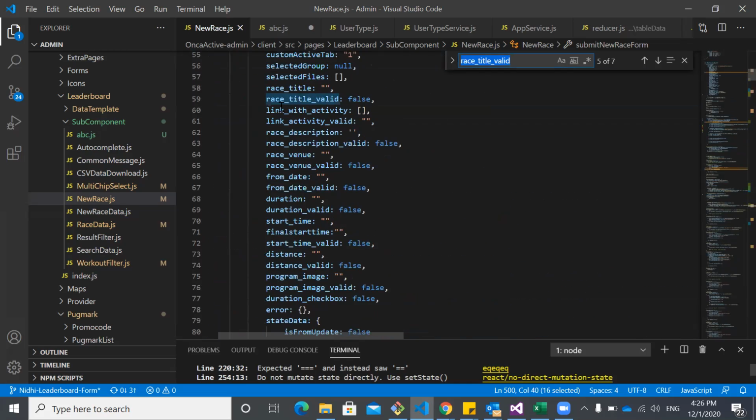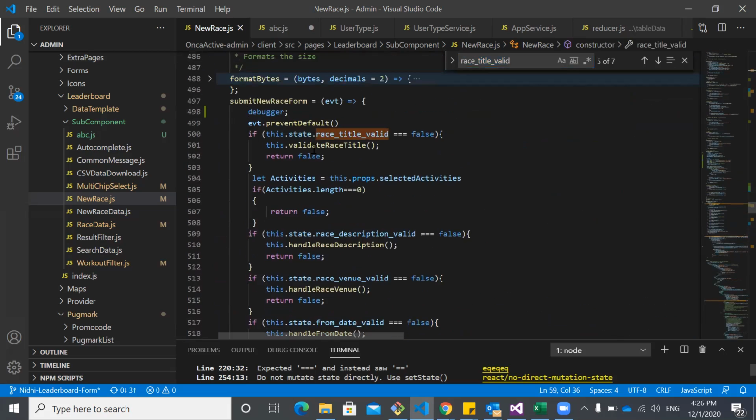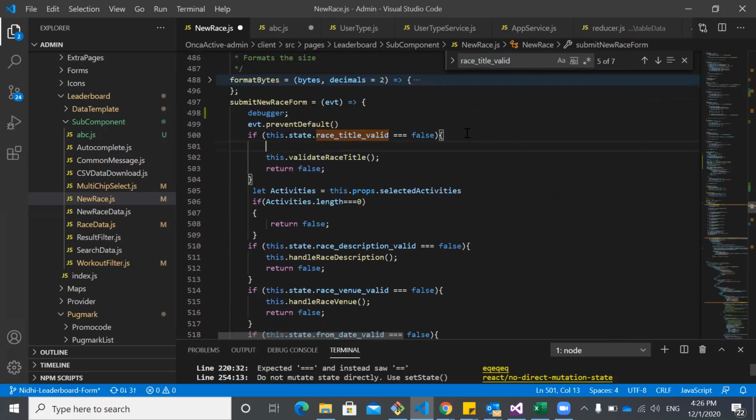Correct? Here, the rest title valid is false. So that will come under this loop, and it will go to the validate rest title method. So in this,